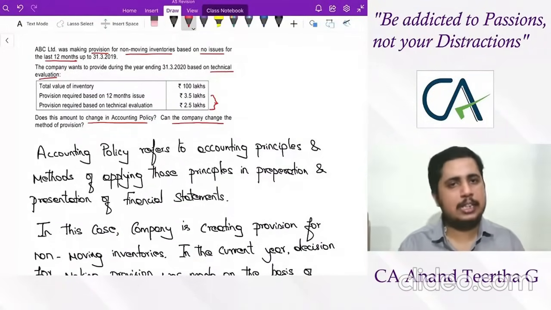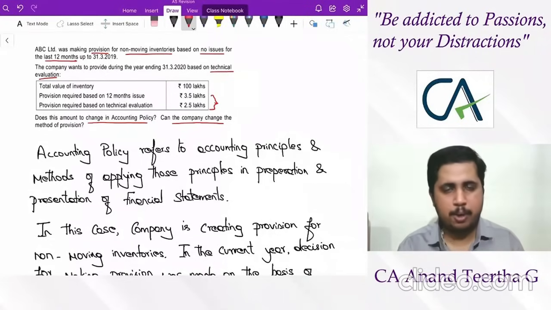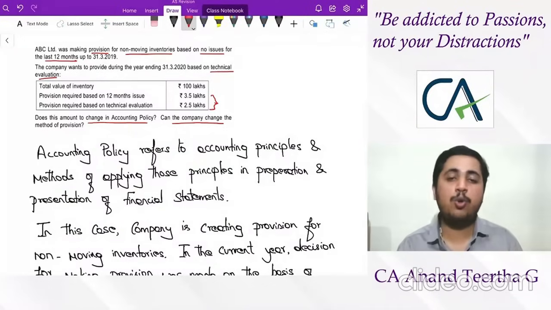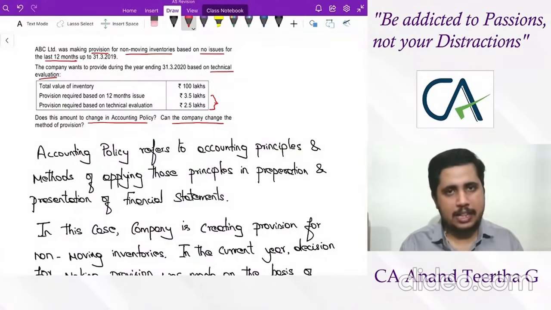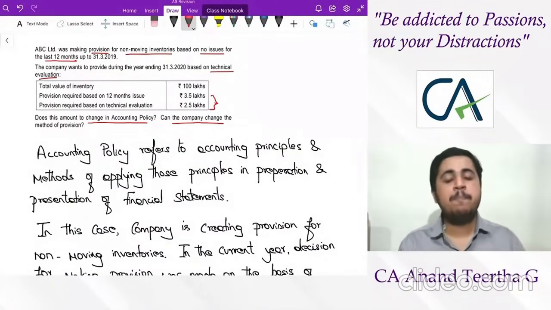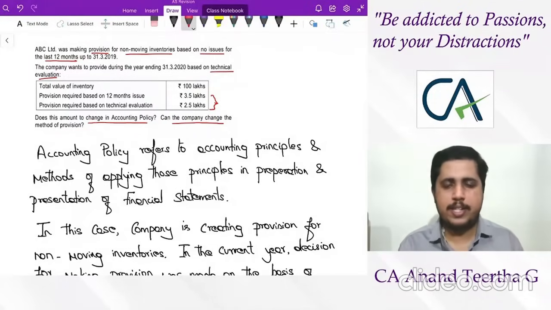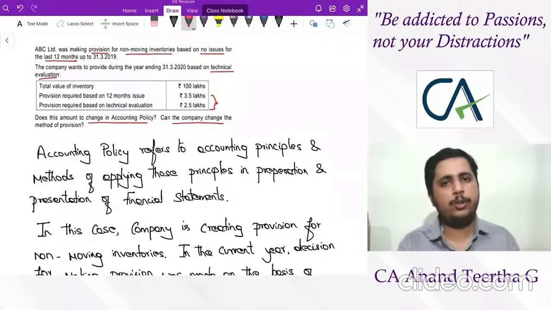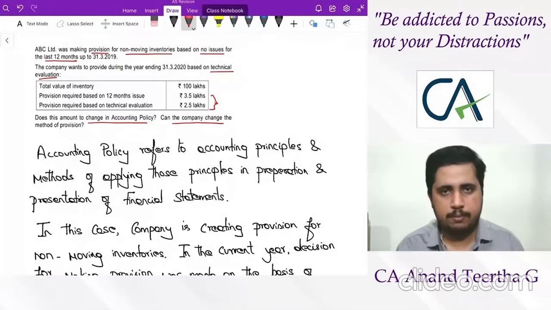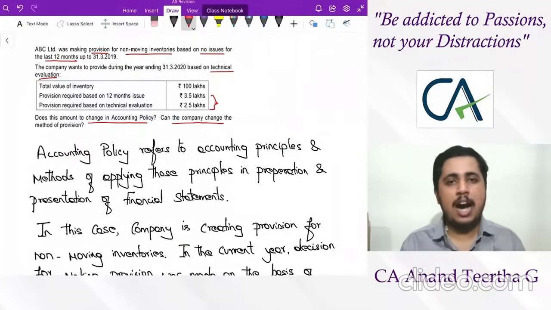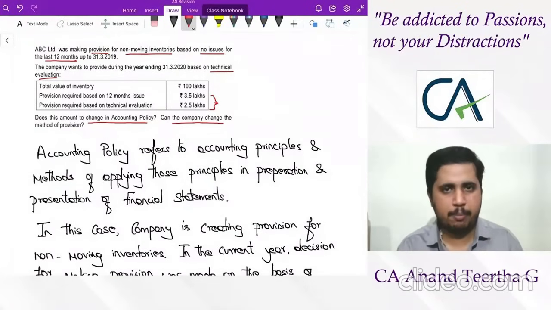Now try to understand the impact. If it is an accounting policy, then changes are allowed only if, remember those 3 points: statute, accounting standard, better presentation. If it is not an accounting policy, then according to the situation, you either allow it or you don't allow it. Okay. So first answer whether it is an accounting policy or not. If whatever situation is given to you is related to an accounting policy, then the change will be a change in accounting policy.